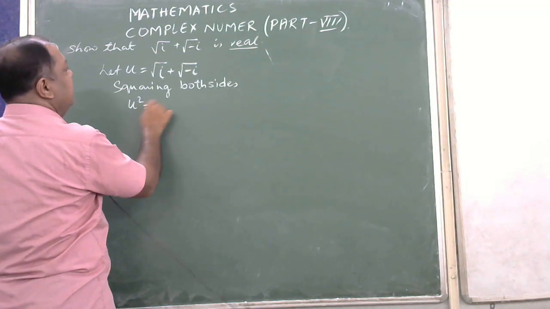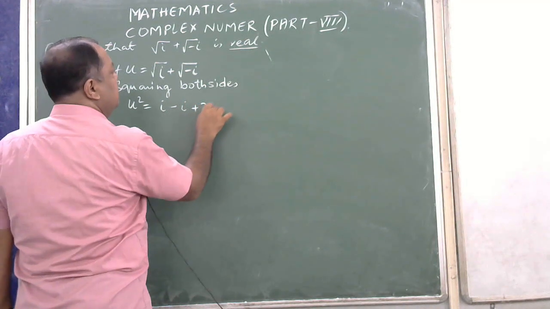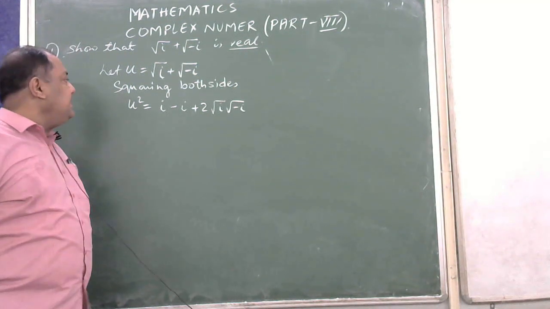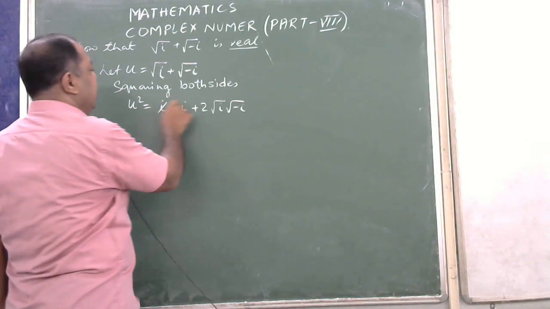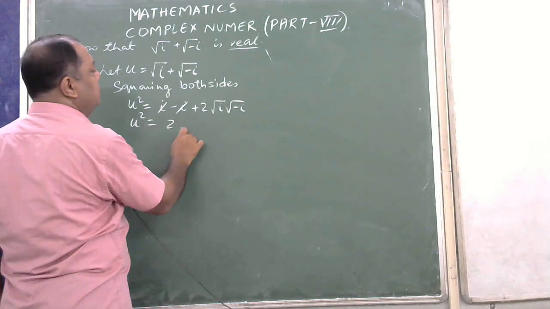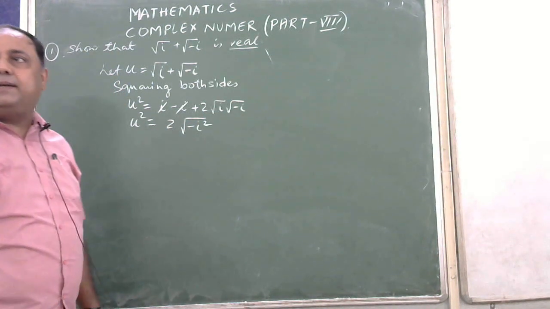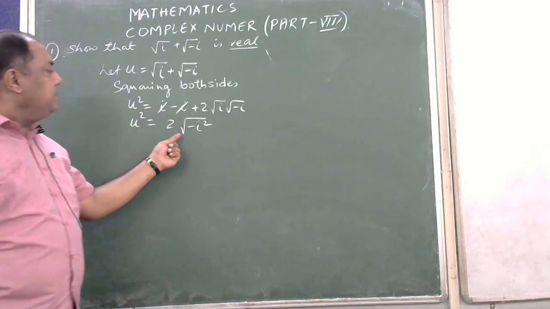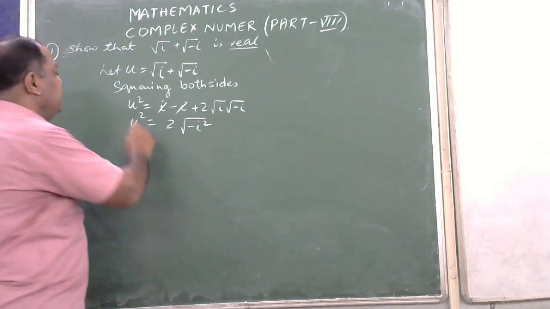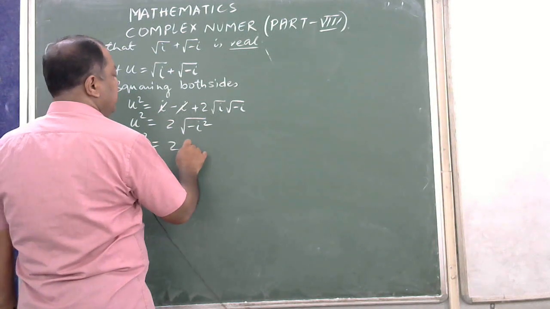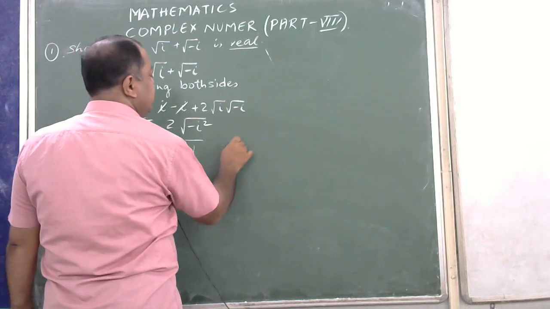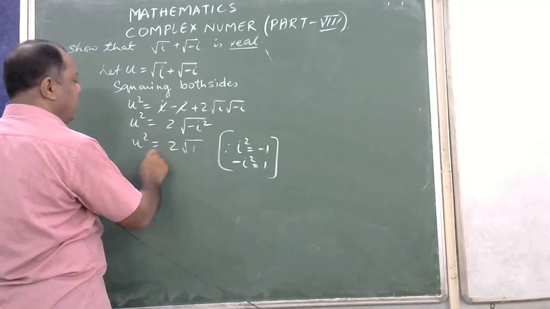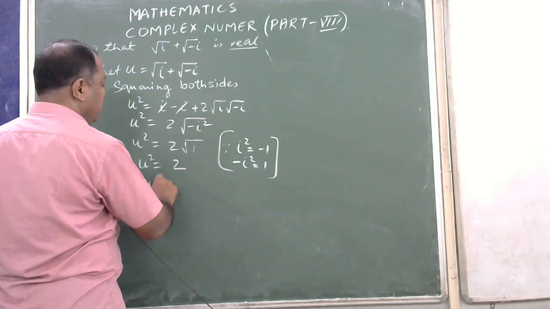we have u square is equal to i minus i plus 2 root i into root minus i, a plus b whole square. That is, u square is equal to i and minus i gets cancelled. U square is equal to 2 root minus i square, which may be further written as u square is equal to 2 into 1, since i square is equal to minus 1, minus i square is 1, and square root of 1 is 1, so u square is equal to 2,